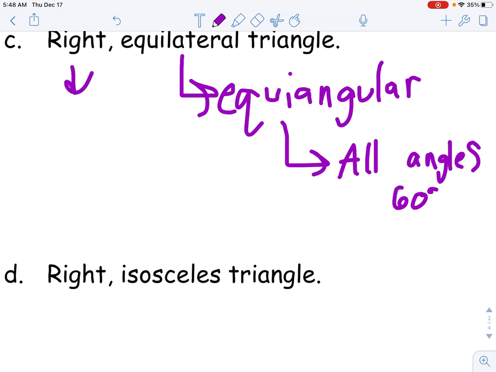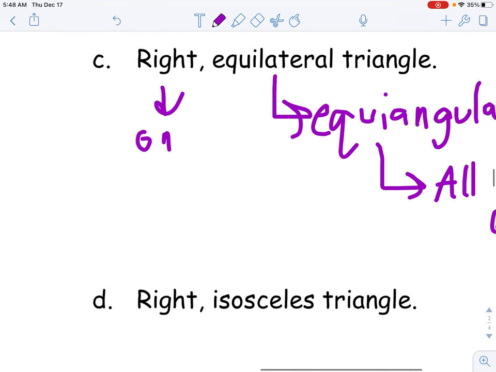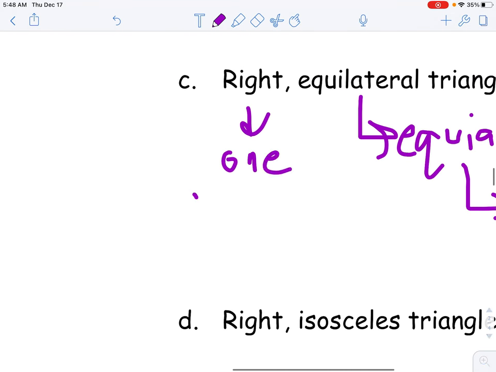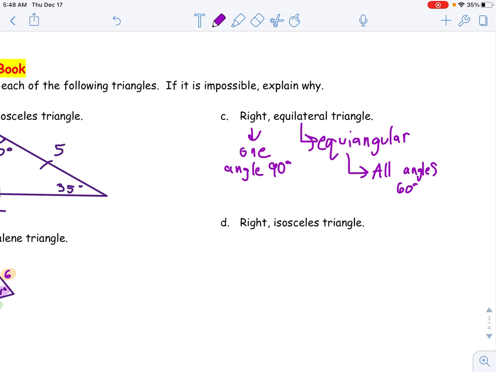Well, right means one angle is 90 degrees. All right, so right triangle means one angle is 90 degrees. Equilateral means equiangular, means all angles are 60 degrees. So I'm confused. In confusion, this one's impossible. If someone can draw a right triangle that's equilateral, that lies flat on a piece of paper, you get an